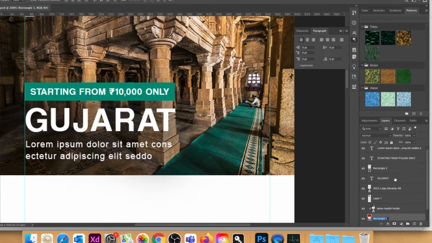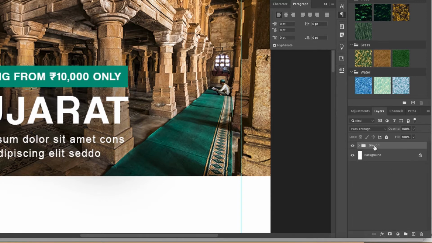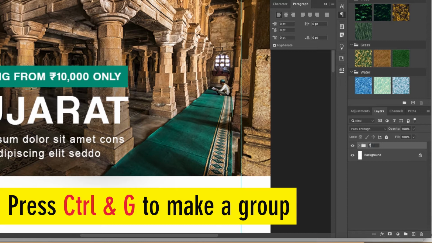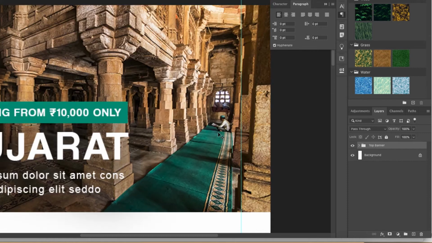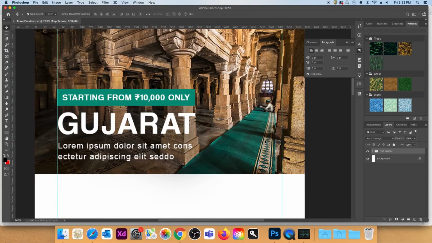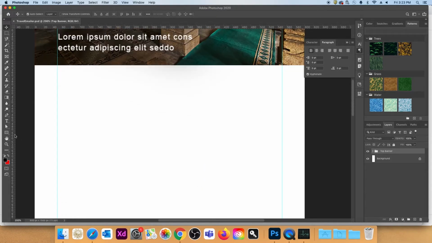I will select all these layers by pressing the Shift key and group them by dragging them to the folder icon here. Shortcut is Ctrl and G. Double click on the name and let's name it top banner. Now the remaining part will be Arial only, with text not coming on the images at all.